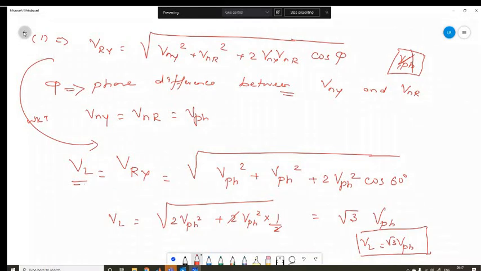Now, what is the power in this case? Star connection, what will be the power? Now, in the balanced condition, you can recognize this three-phase signal as a sum of three single-phase signals. Okay, so it is just like three single-phase, and then put together it becomes a three-phase. So therefore, the